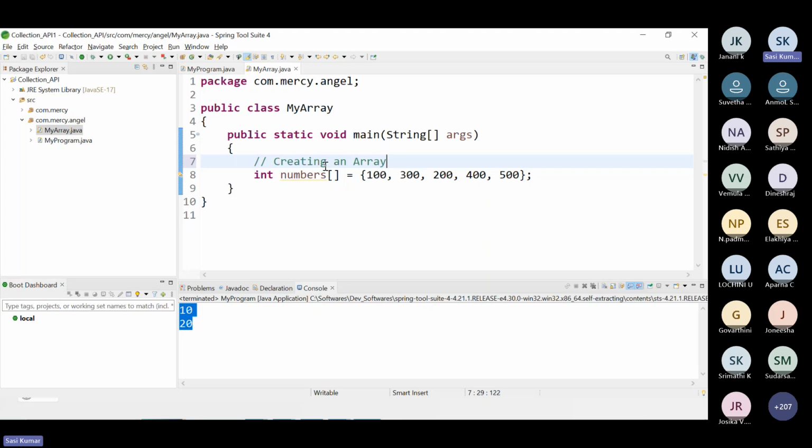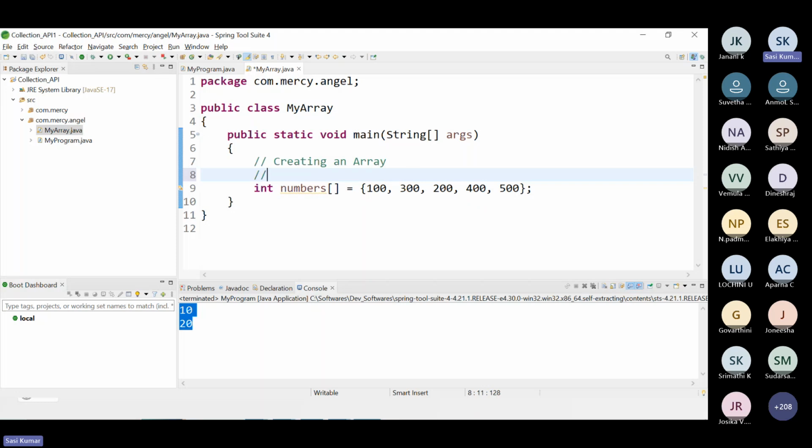If you observe, numbers is the array, and it is storing 5 elements, right? One main feature of an array is that it is fixed size. Once the array is created, it is a fixed size, so you cannot change the size of an array, correct?